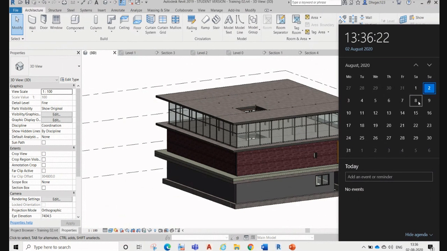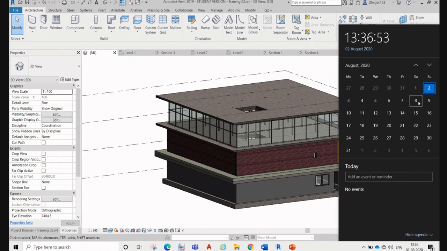In the 8th August class, first I want to see your model. You will present your computer and whatever you have modeled, and then we'll try to resolve whatever you learned till now. If you have any problem, if you cannot do anything, you can just ask me and I will try to resolve those issues.